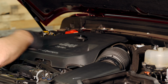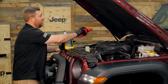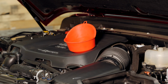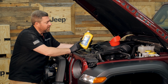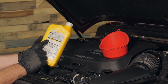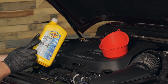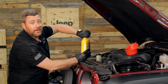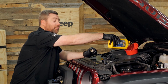Now, the fill plug is a pretty wide mouth on it, but I like to eliminate any chance of spilling oil on top of the engine here. So a nice wide mouth funnel is going to make that job of filling it up that much easier. Now, we're going to be filling our engine with 9 quarts of SAE 5W40. Again, that meets that Chrysler MS 12991 specification, and our Pennzoil 5W40 here meets the bill perfectly. So we're going to go ahead, crack that open, and go ahead and fill the engine up with 9 quarts